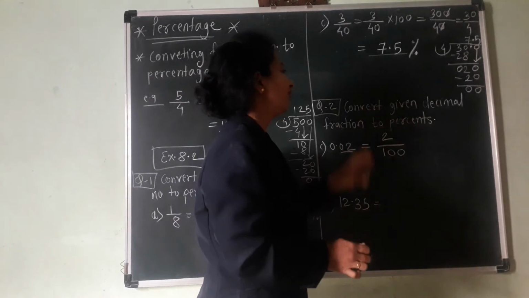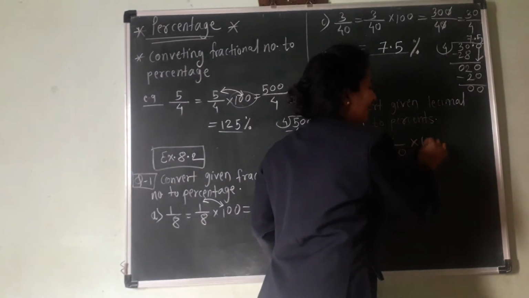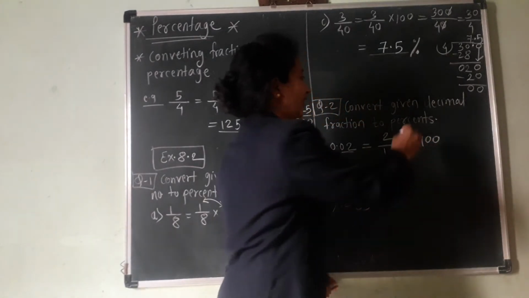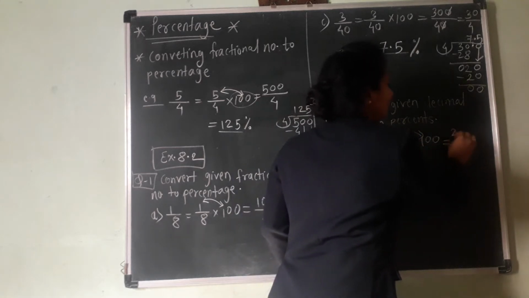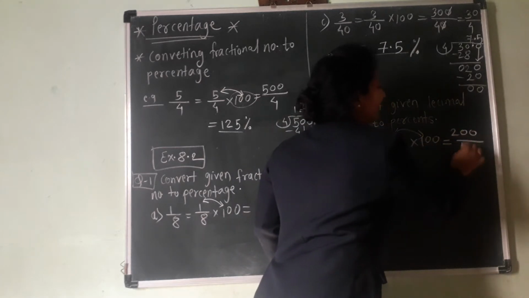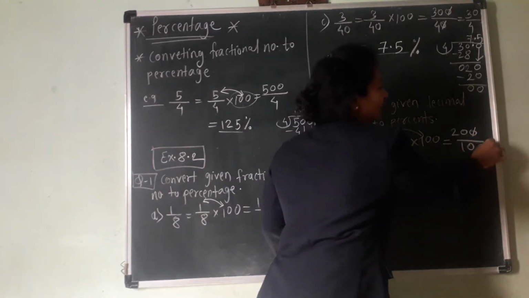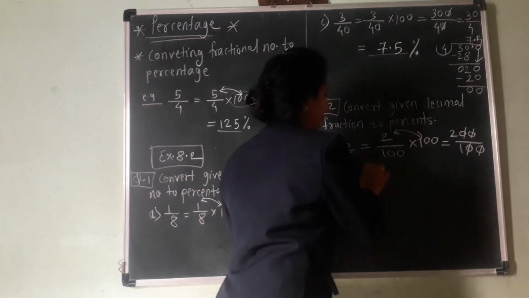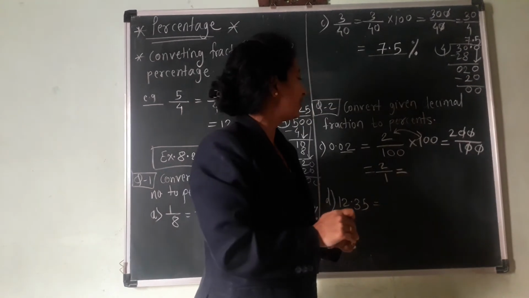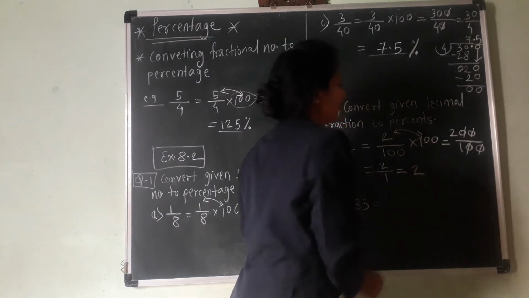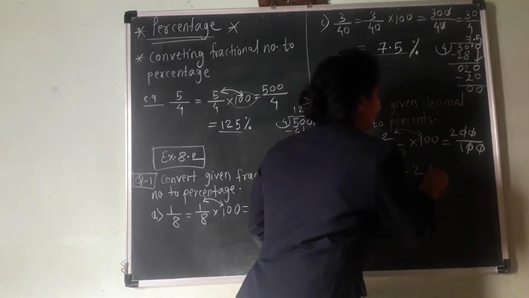Now we have to convert it into percentage. So obviously we have to multiply it by 100. Simple. So now 100 multiplied by 2 is equal to what? 200 upon 100 as it is. Now we can cut the zeros, in this way. So what answer did we get here? 2 upon 1. 2 upon 1 means what? It's 2 only. We have multiplied to convert it to percentage, so this sign.